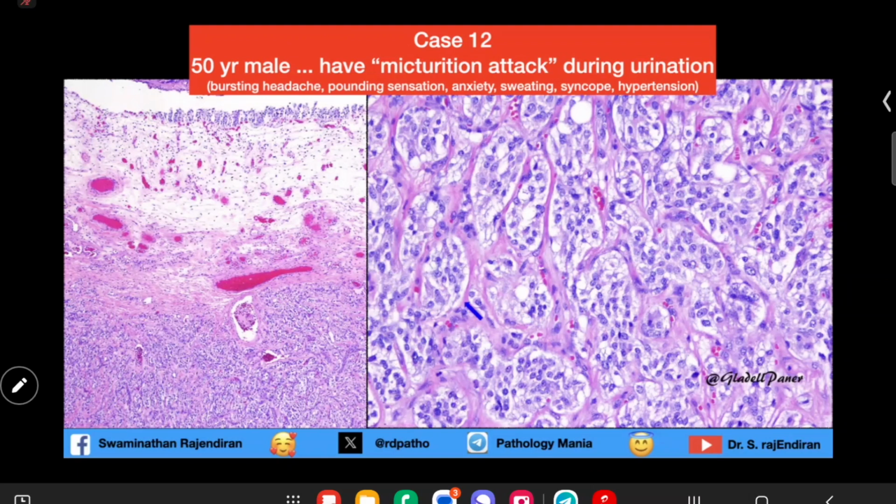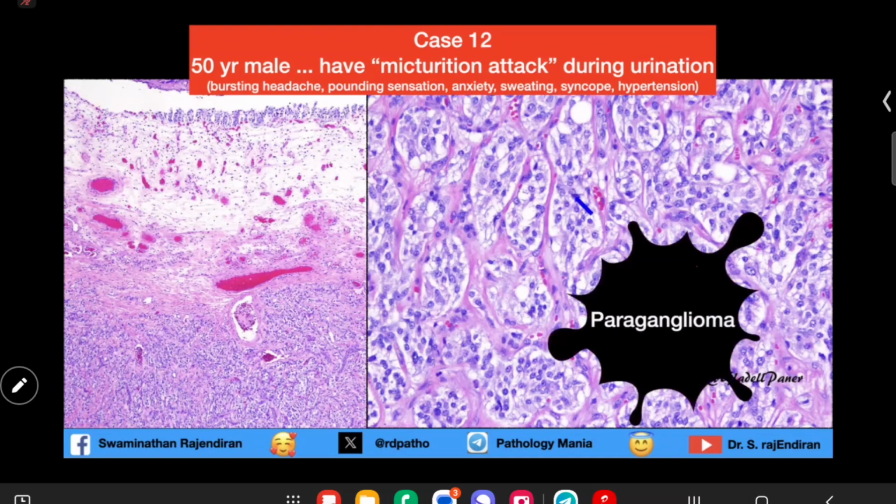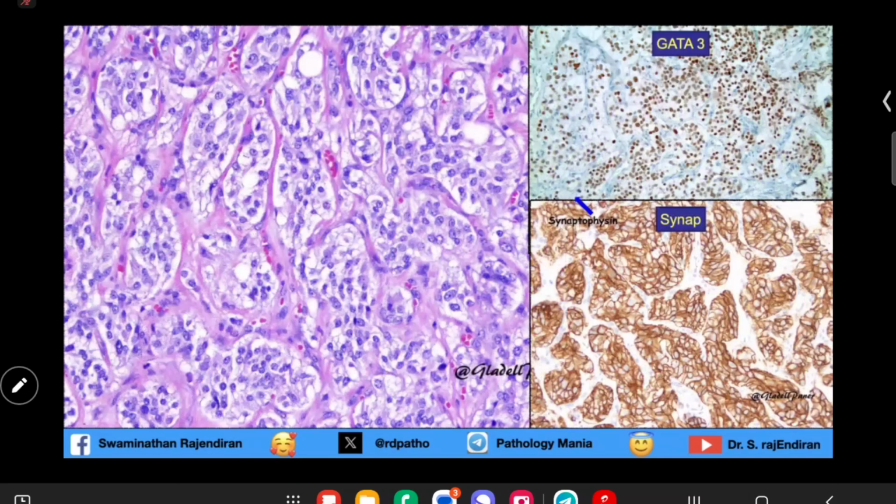see nests of cells. Remember I told you when we talked about the nested variant of urothelial carcinoma, paraganglioma is one of the differential diagnoses, and this is paraganglioma, and this history helps you to diagnose that. And when you do markers, remember GATA3, I told you, is a neuroendocrine marker, and synaptophysin is also a neuroendocrine marker. In the nested variant, synaptophysin will be negative, whereas GATA3 can be positive because GATA3 is a marker of urothelial epithelium